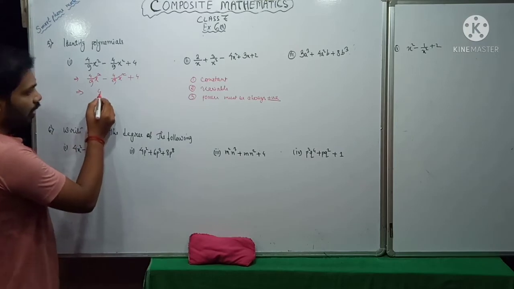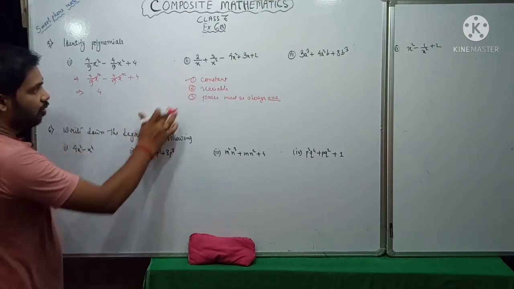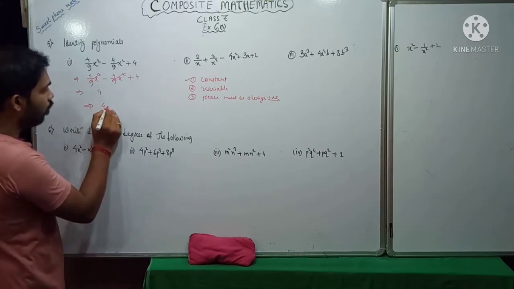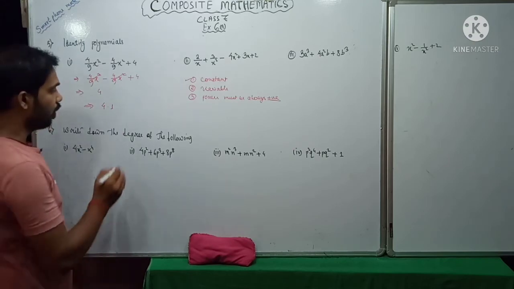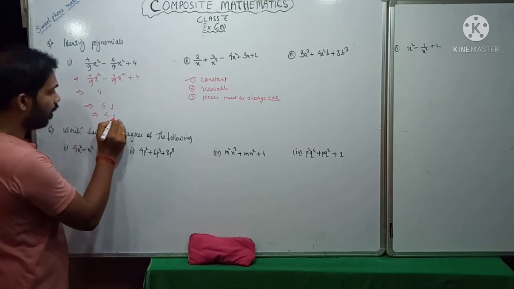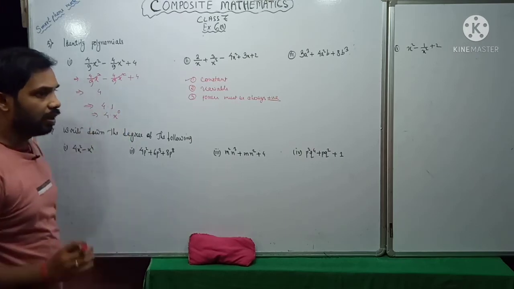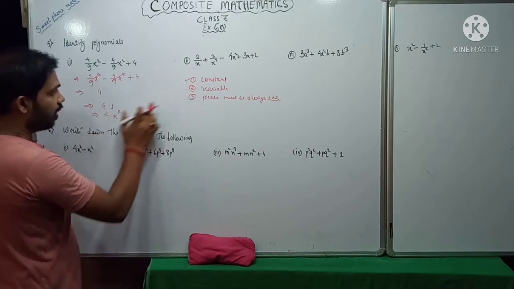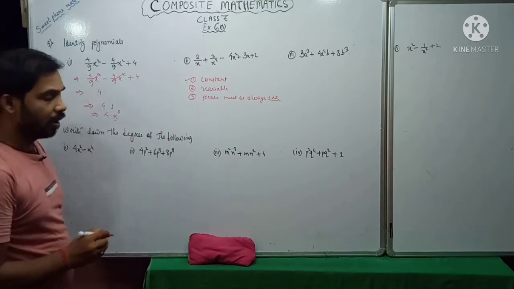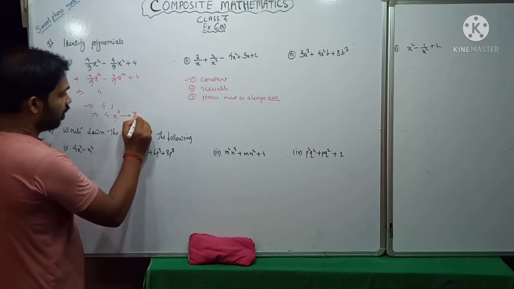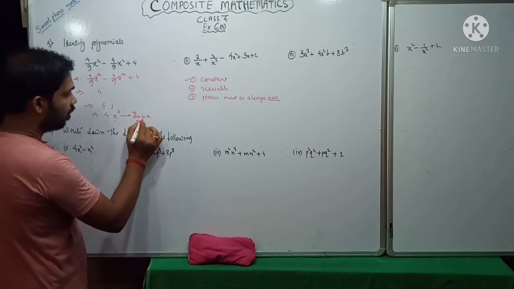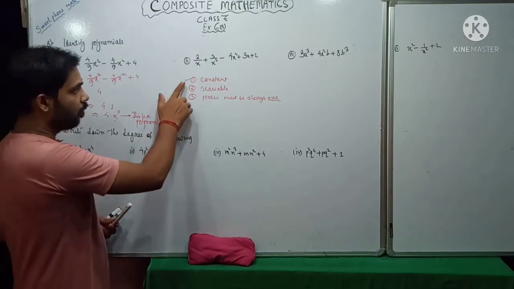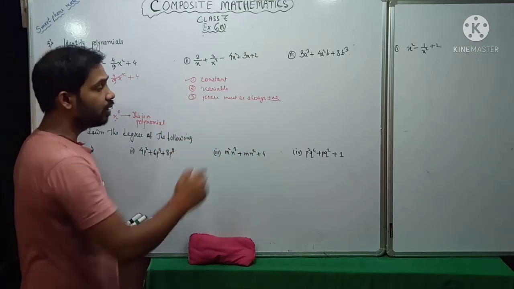Now you see here only 4 is present, so only a constant is present, and the variable and exponents are not here. Can we write this as 4 into 1? Yes. And can we write 4 into 1 as 4 into x power 0? Yes, we know that anything to the power 0 is 1. So here 3 things are present: constant, variable, and exponent. So this is a polynomial. In order to become a polynomial, these 3 things must be present and power must always be positive.